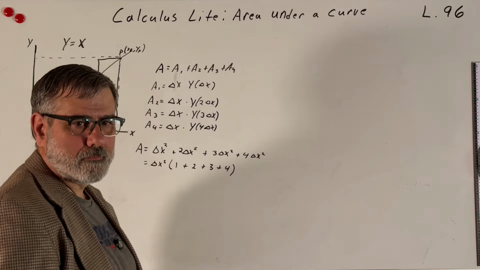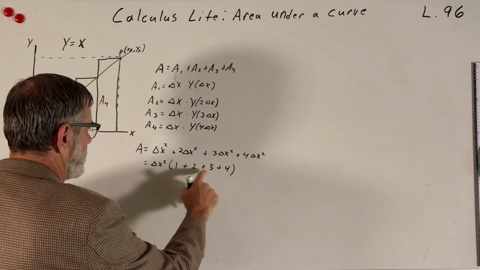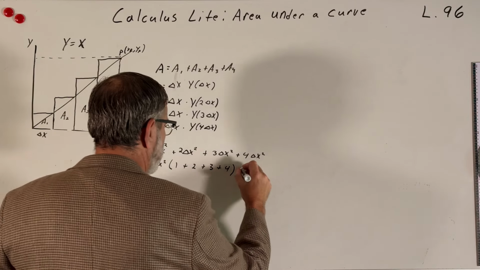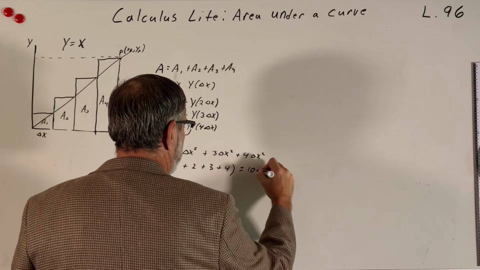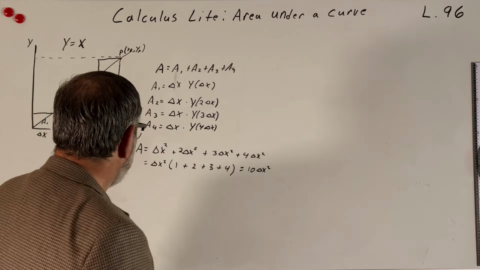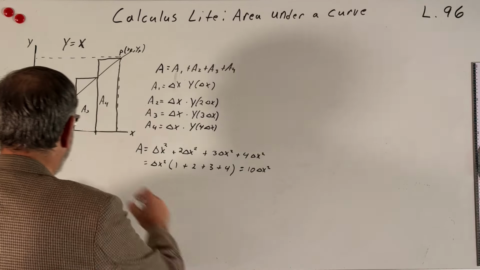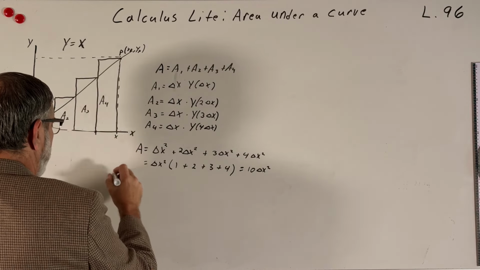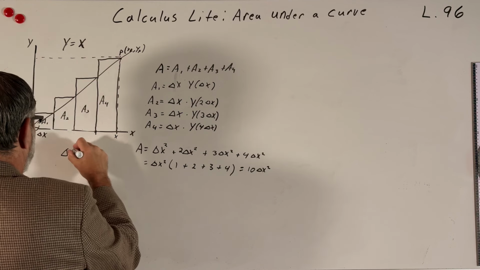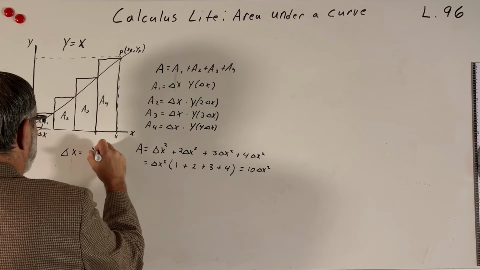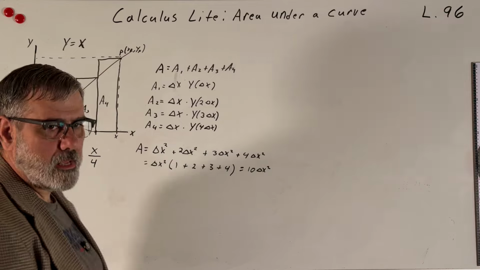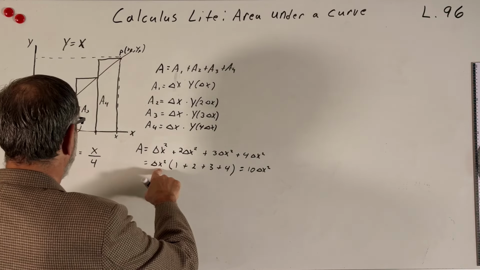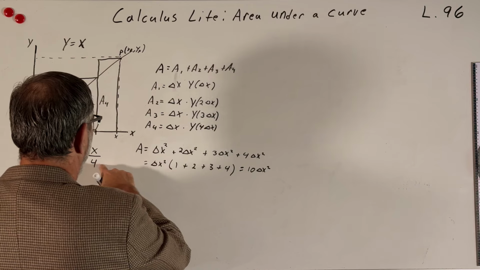Yes? Now, what is 1 plus 2 plus 3 plus 4? Anybody? 10, right? So this is equal to 10 delta x squared, okay? So what is this delta x? Well, if I said that the whole interval from here to here, if I just call this length x, right, then delta x is just equal to x divided by 4 in this case, yes? Yeah. So if I replace delta x squared with x over 4,